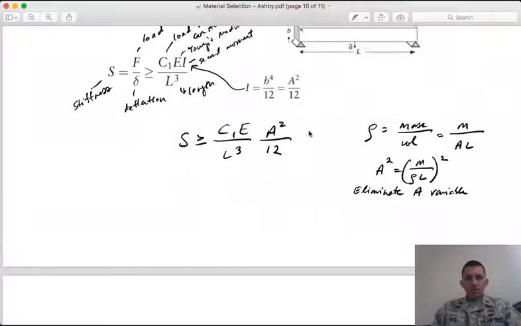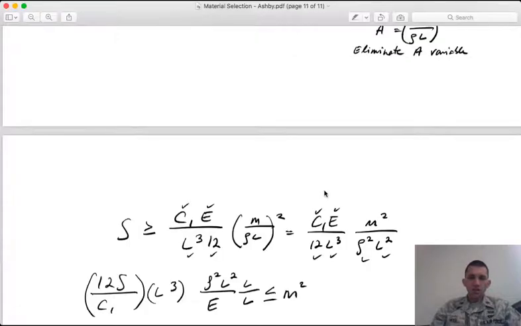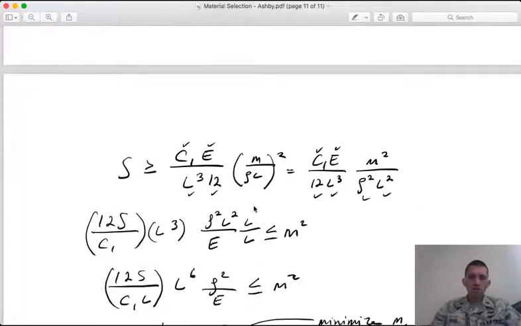Since we have different sizes and shapes of beams, it would sure be nice if we could eliminate A as a variable. And so if we have the density, we can do that, right? Density is just mass per volume. Volume would be the area cross-section times the length. So we can rearrange this in terms of A squared being in terms of the mass, the density, and the length. So we'll make that substitution here